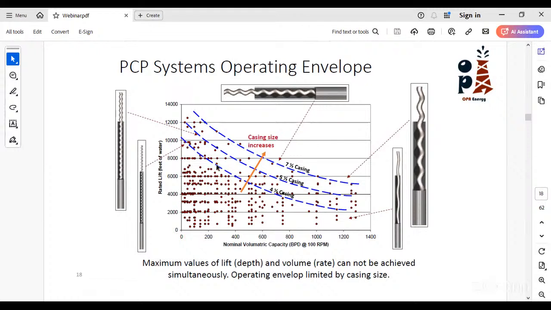And of course, the blue dashed lines are representing the limitation of each size of casing. So for example, for the 4-half casing, they are limited by all the points below. The 5-half, they are limited by all the points below. For the 7 inches, they are limited by all the points below. Yes, I think now it's clear.